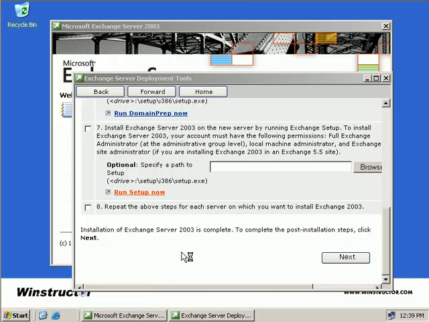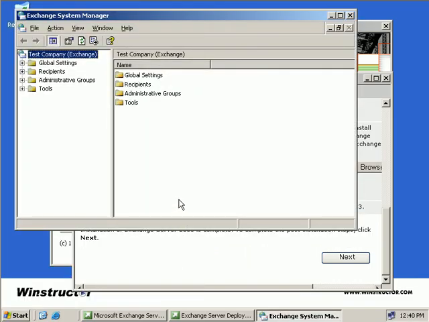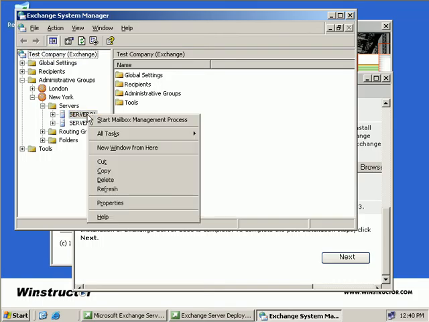So we'll open up the System Manager, we'll click on Start, All Programs, Microsoft Exchange, and then we'll launch the System Manager. So the first thing we have to do is ensure that our front-end server isn't being used as a recipient update service server and that it doesn't have any mailboxes on it. If it does, we'll get an error anyway, and we can verify this by expanding our administrative groups, expanding our New York administrative group, expanding servers. We'll see that we do now have server 1 and server 2, and if we right click on server 1 and select Properties,